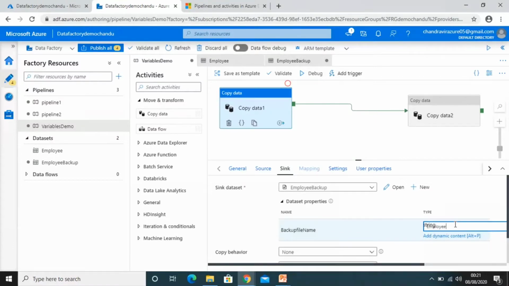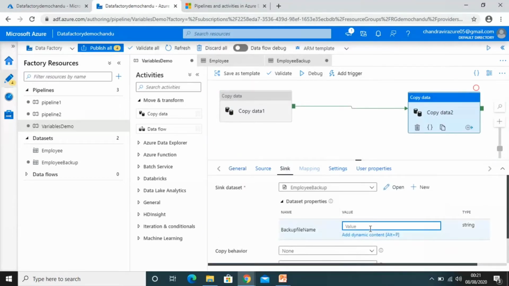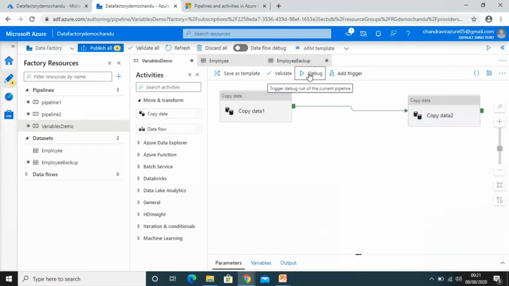We can make it dynamic or we can put some name here like employee backup dot text. Okay, now for copy data activity 2, we will do some change here. Go to sink, and for backup file name we will use a variable name using dynamic content. For a better example, let me keep the same for this time, and in the next run we will make it dynamic and see the differences using the variables.